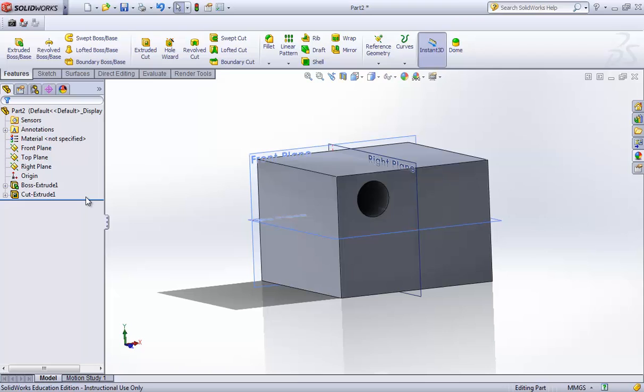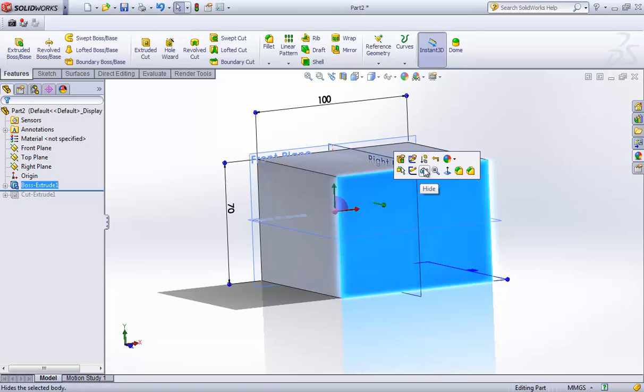I'm going to roll back so I can grab onto the blue line, if I may. We are actually going back in time basically. So at this point in time, this cut extrude has not happened. So we are rolling back in the past. I can select this face again,